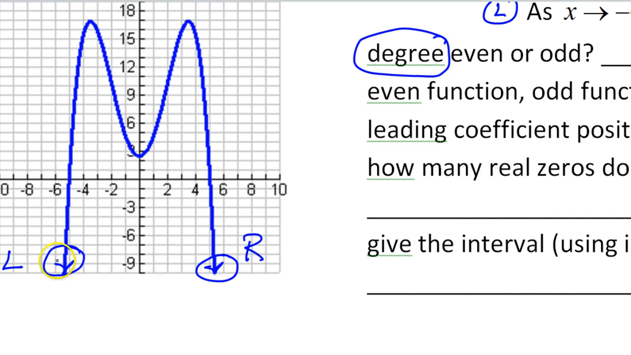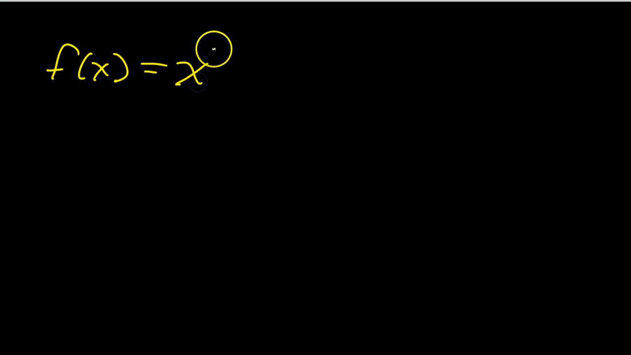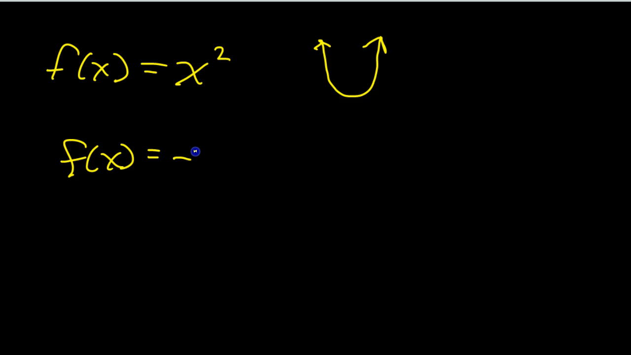See how both of the arms are sort of pointing in the same direction? That's the key. Just remember, for example, if you have a function like f of x equals x squared, what does that look like? Just a rough sketch. A parabola. Now how did I know it was going to be an upward-facing parabola? Because it's positive. If I did f of x equals negative x squared,